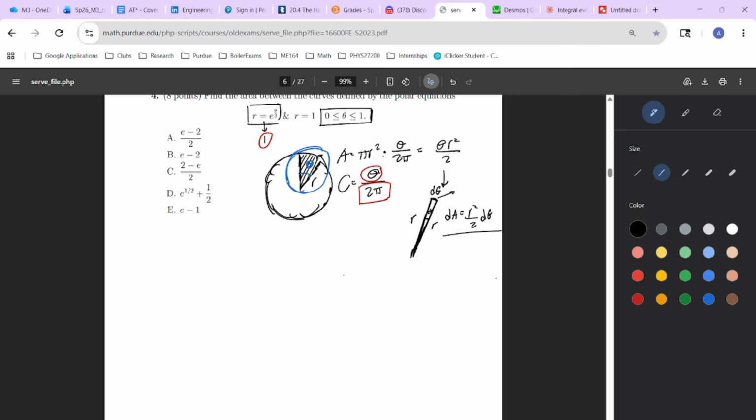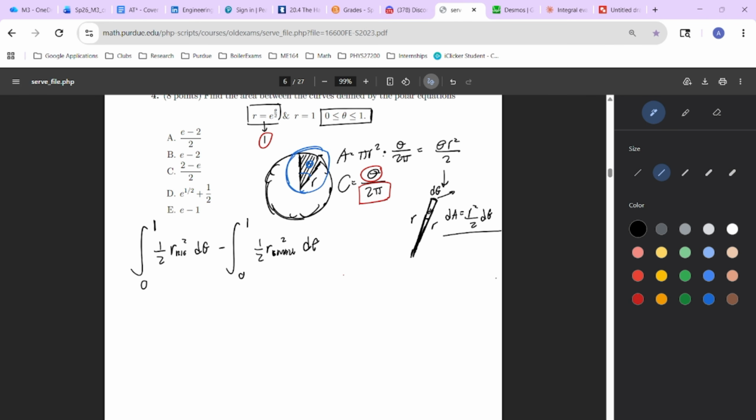So, it would be an integral, just one integral, from our lower theta value all the way up to our upper theta value, and it would simply be that we take the area of the larger function and then subtract it from the area of the smaller function, and then we would find the area bound between those two curves. So the area of the bigger function would be 1/2 multiplied by our r big squared d theta, and then minus the integral from 0 to 1 of the smaller area, r small,